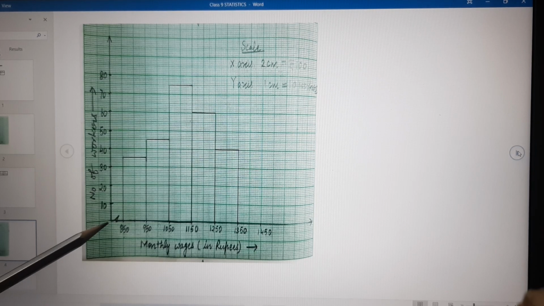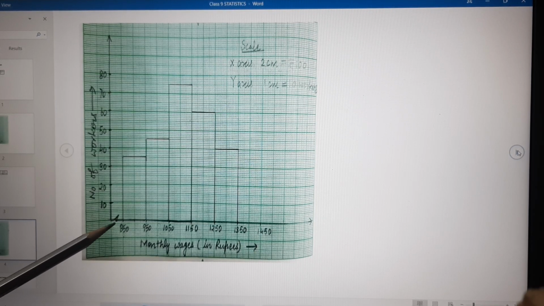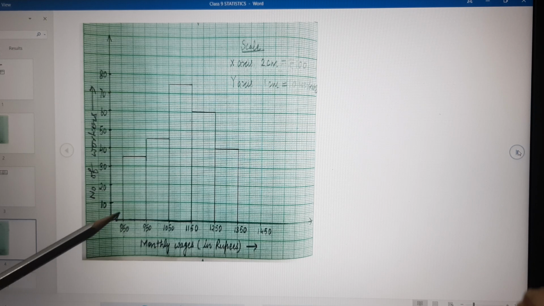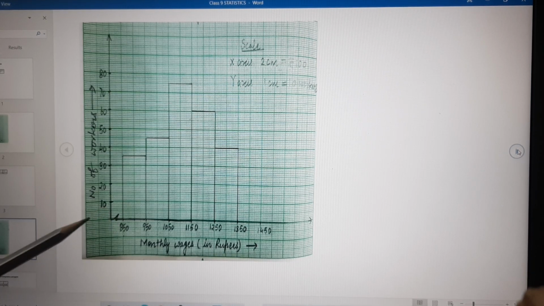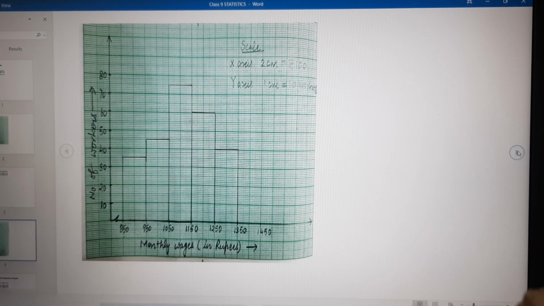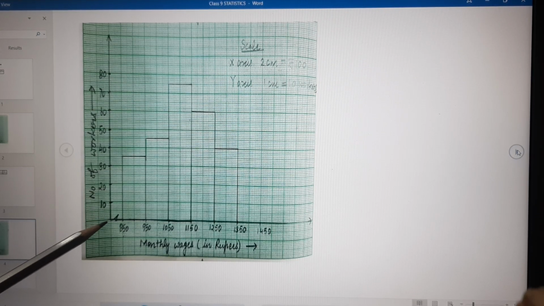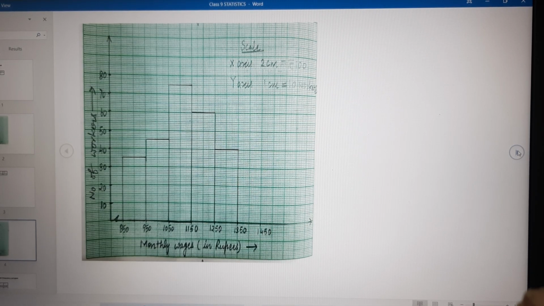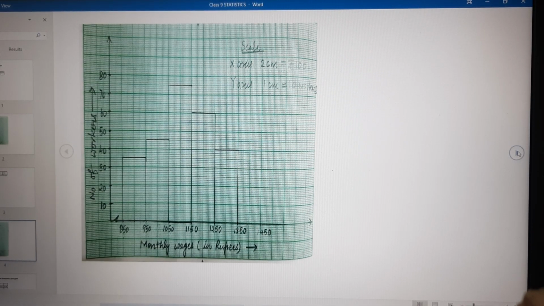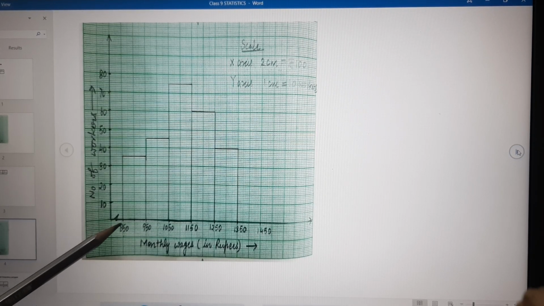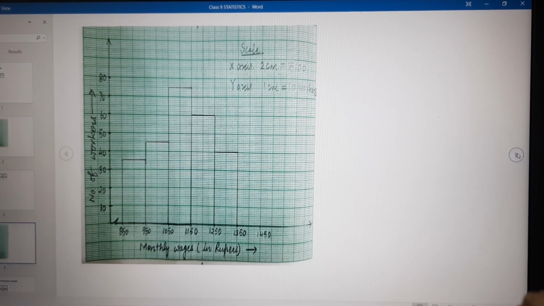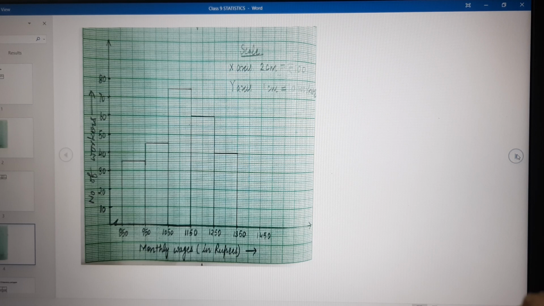This is 0. I have left 1 centimeter, and you can see this sign over here. This sign is basically known as kink, because I said that gaps should be same. So after 0, directly I am writing 850. What does this mean? That all the observations between 0 to 850 are compressed, and that is why this sign has been drawn. The sign is known as kink, K-I-N-K, kink.